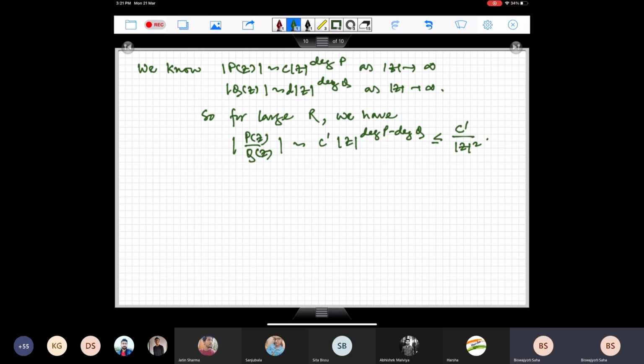Yeah, all of you agree to that? Yes, sir. So let me, as mod z tends to infinity, hence for large enough n or large enough r, we get the integral on the semicircle